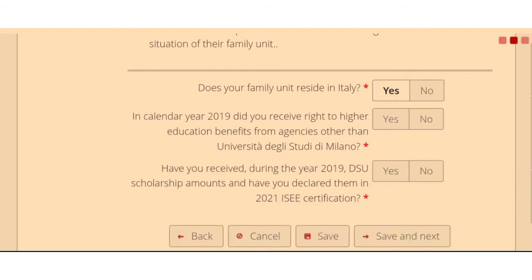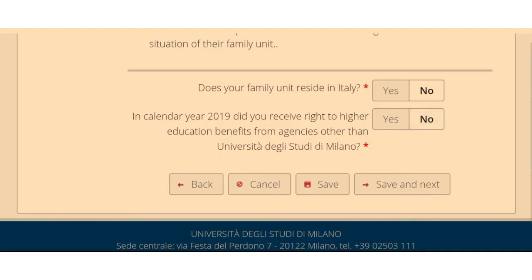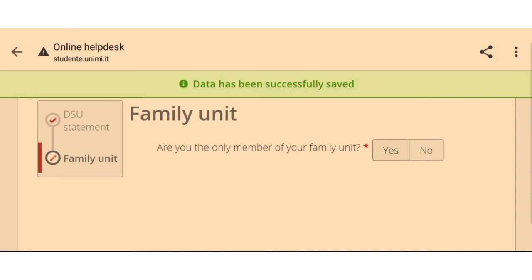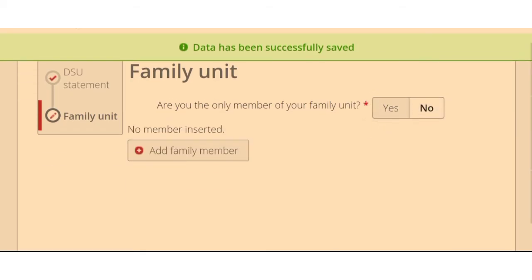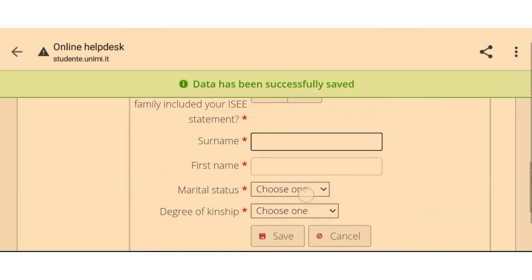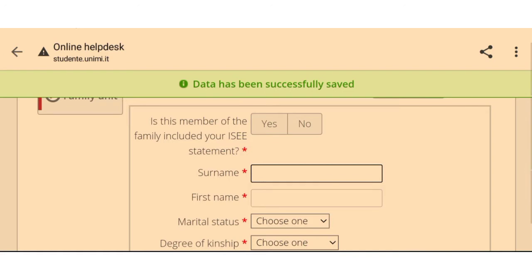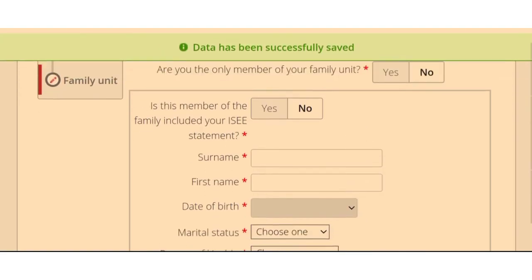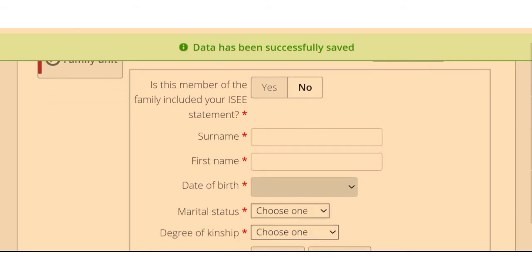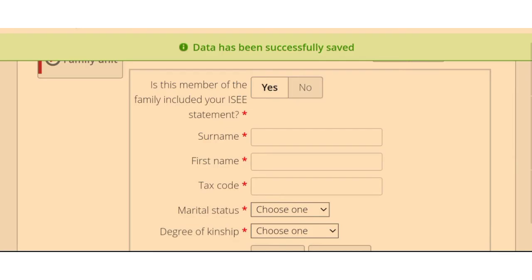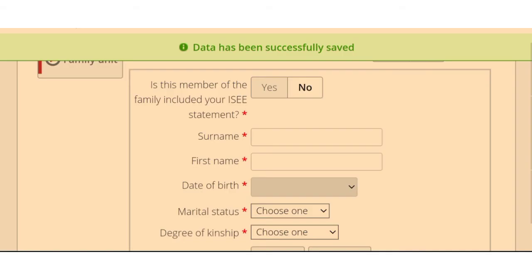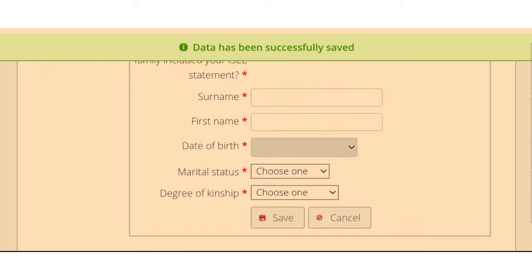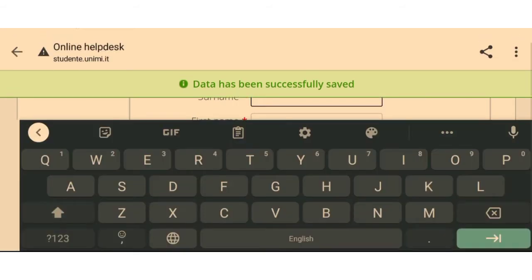Okay, no, I didn't receive any benefit. So yes, no, I received a lot of questions about this. Only member, hopefully, and most probably, no. So I will just add one family member. So you should select here, no. You should not indicate anyone as a part of your ISEE statement, because one can be part of your ISEE statement only if he earns in Italy. So see, if you say yes, they ask for your tax code. No, no tax code. So write Andrew Snow is my brother, so I can write Snow, Andrew,